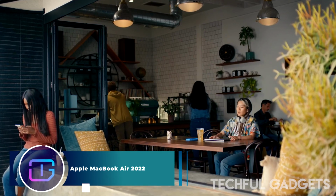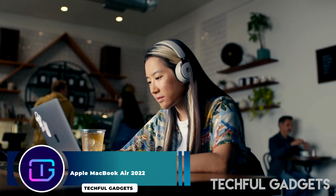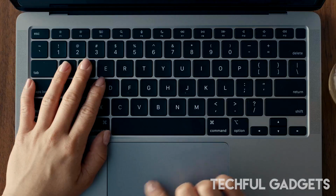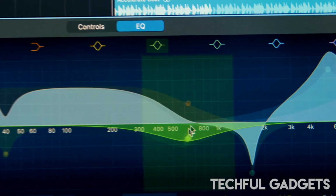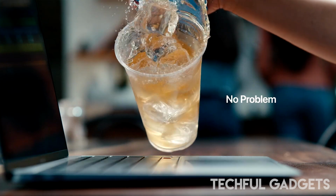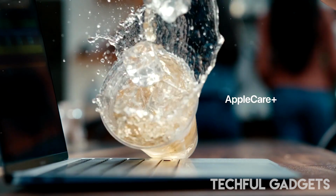Apple MacBook Air 2022 M2. That sounds like a great deal for the MacBook Air. Prime Day often offers some excellent discounts. If you're looking for a budget-friendly MacBook with solid performance, the M2-enabled MacBook Air seems like a good choice, especially